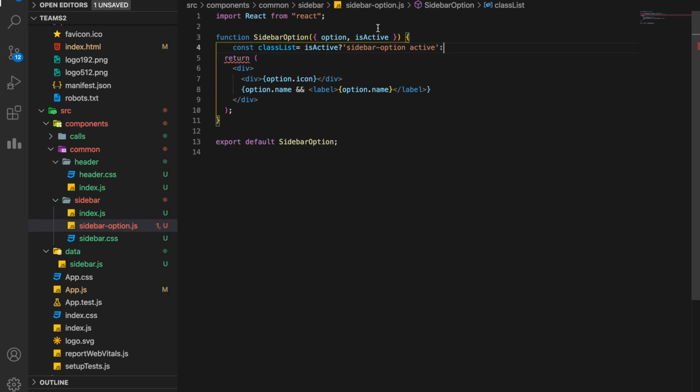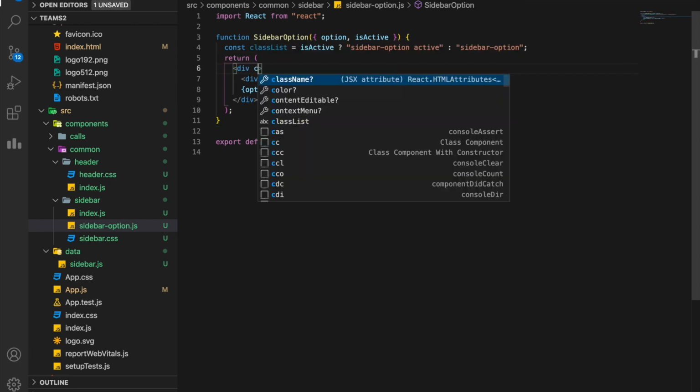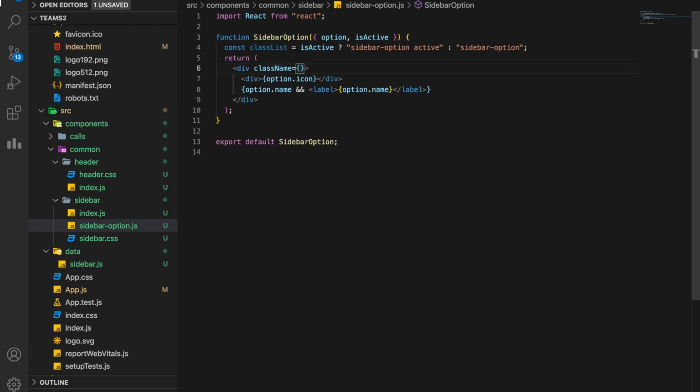Otherwise, if isActive is false, just make it sidebarOption. Okay, and use it here, className classList. Whichever of these two it is will be applied to this parent component. Now let's give it a class name of sidebarIcon, and give the label a class name of sidebarLabel.